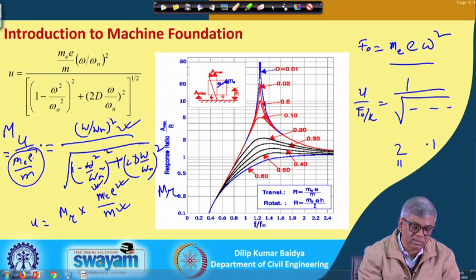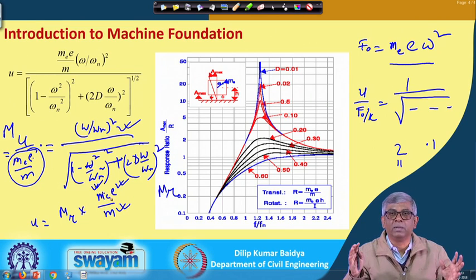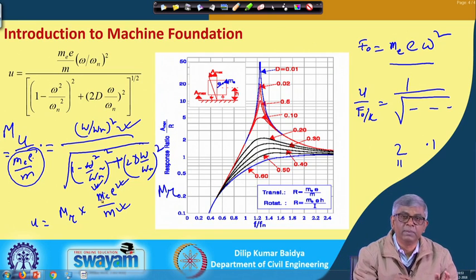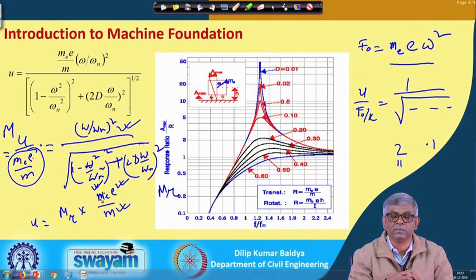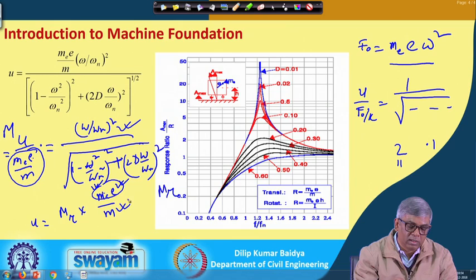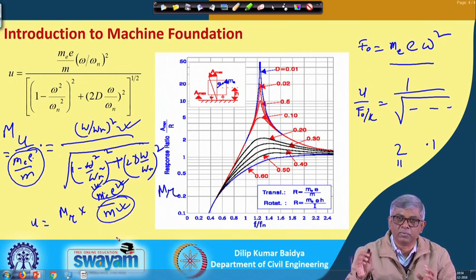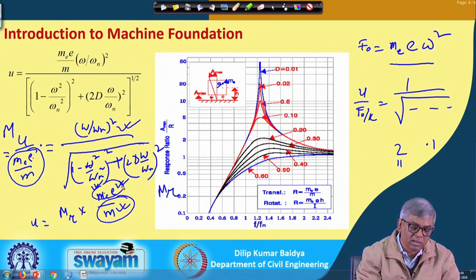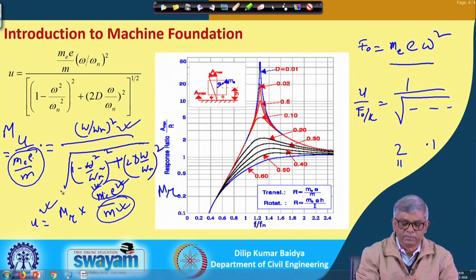So, this and this, what is the difference? Total vibrating mass means the entire foundation and machine together, and this ME means the eccentric mass. Eccentric mass means there may be a rotating part in the machine itself. What is the amount? That is ME. So, ME into E, these two have to be known, and then the total vibrating mass, that means footing and machine together, that has to be known. If I know this, by calculating MR I can find out the displacement.